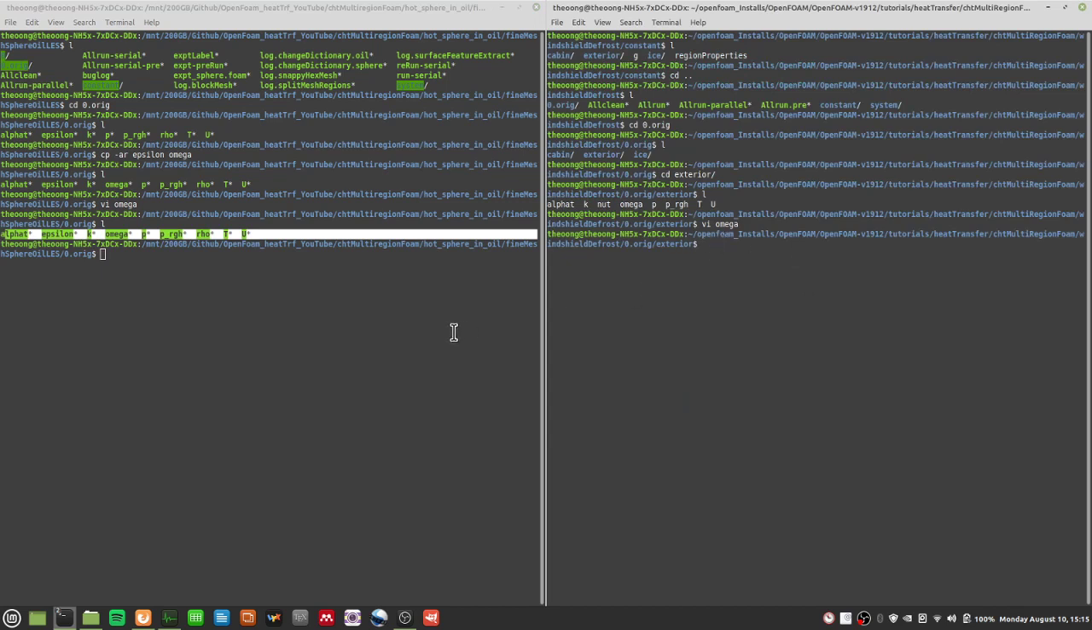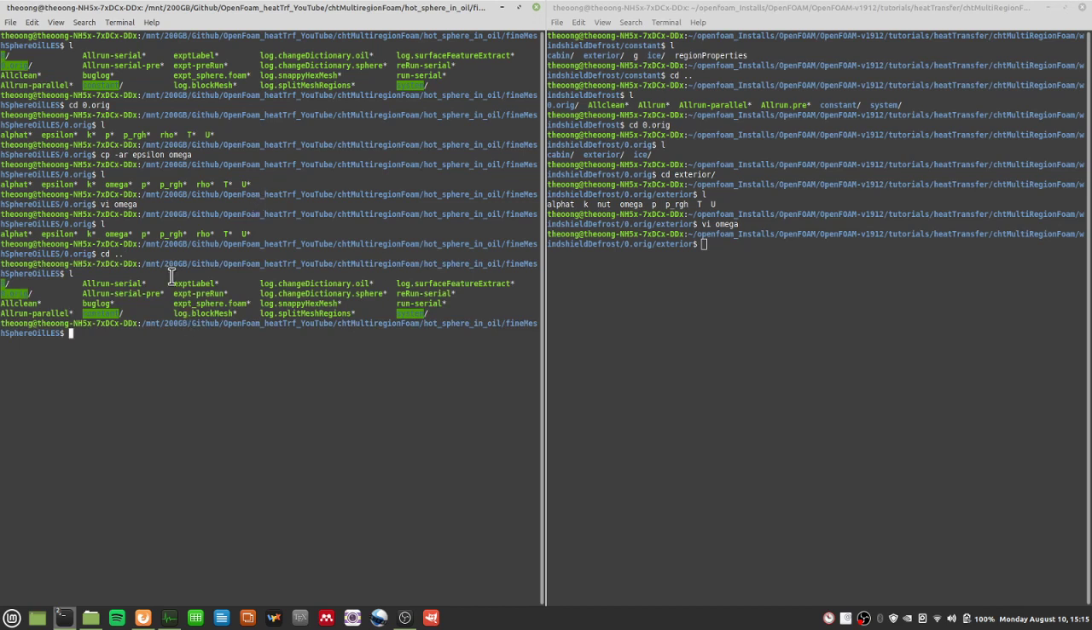Okay, let me slow down. I think I'm going too fast. Basically I'm going over file by file. The overall view is that I'm going through file by file. First the 0 original file, then the stuff in the constant directory, then the stuff in the system directory. Alright, so after I change the 0 original file, I will need to do some remeshing